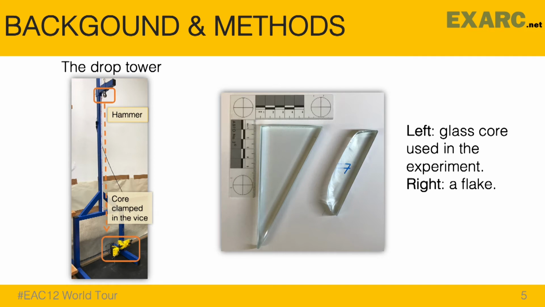The design we adopt here for our experiments is from previous work. The drop tower is made of a vertical stand with an adjustable supporting pole, and the hammer is controlled by an electromagnetic switch. The glass core is clamped in a device, and by altering its position, we're able to change the angle of blow for flaking. The striking force is controlled by the hammer mass and drop height. On the right is how a glass core and a flake from our experiment look. We're also able to control the platform width by changing the thickness of the plate glass.